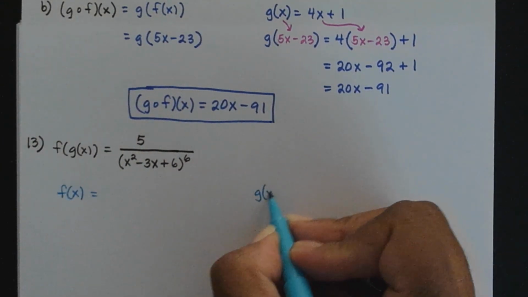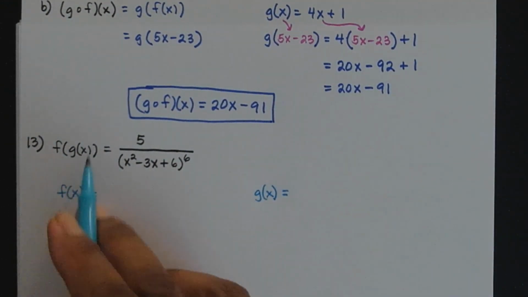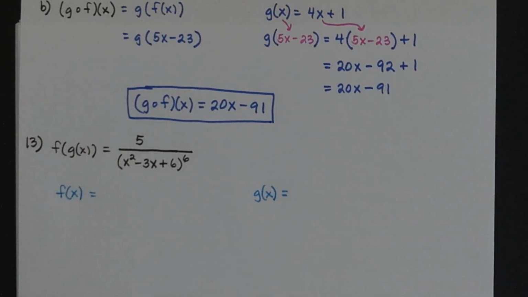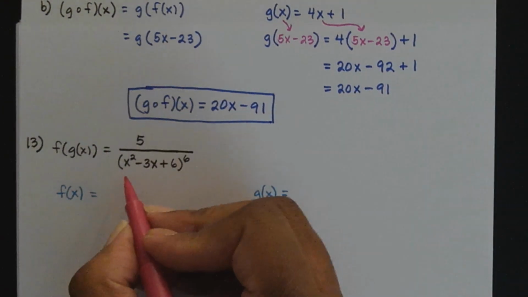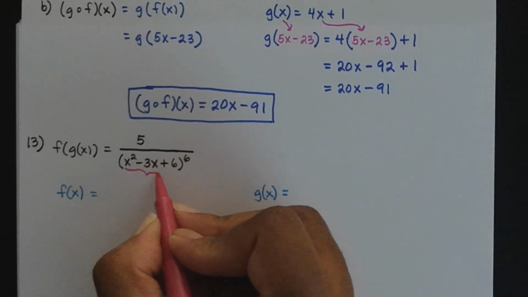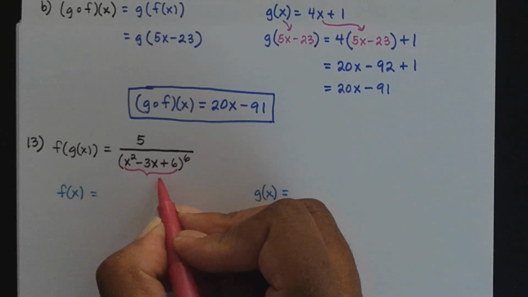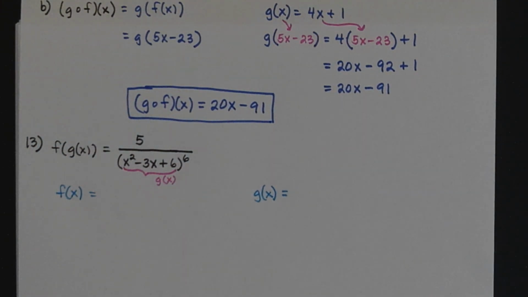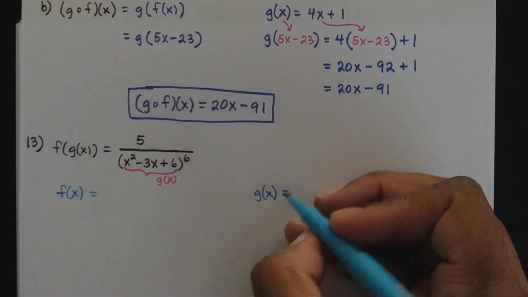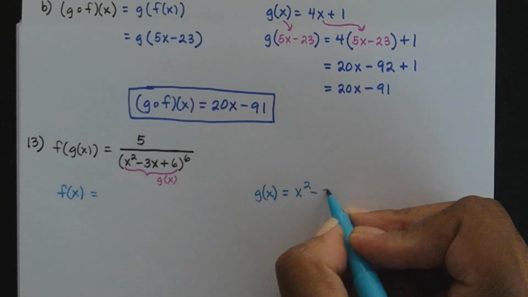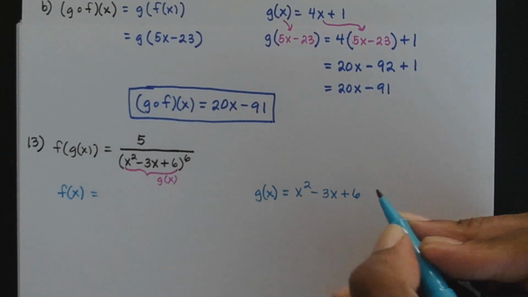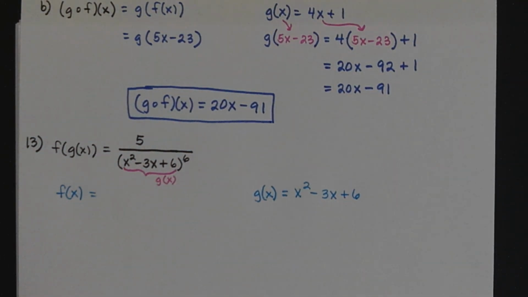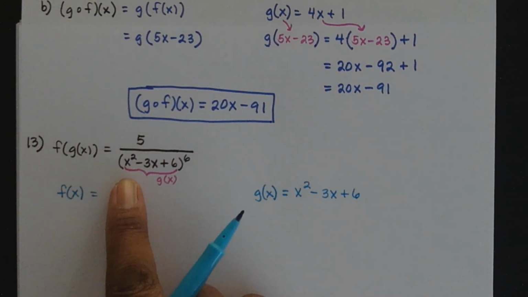And keep in mind, when it's like this, your inside function is g of x. So that means, if we were to look at this, we can take that x squared minus 3x plus 6, and that would be the inside function, in this case, g of x. So that means g of x would be that x squared minus 3x plus 6. That would be your inside function,